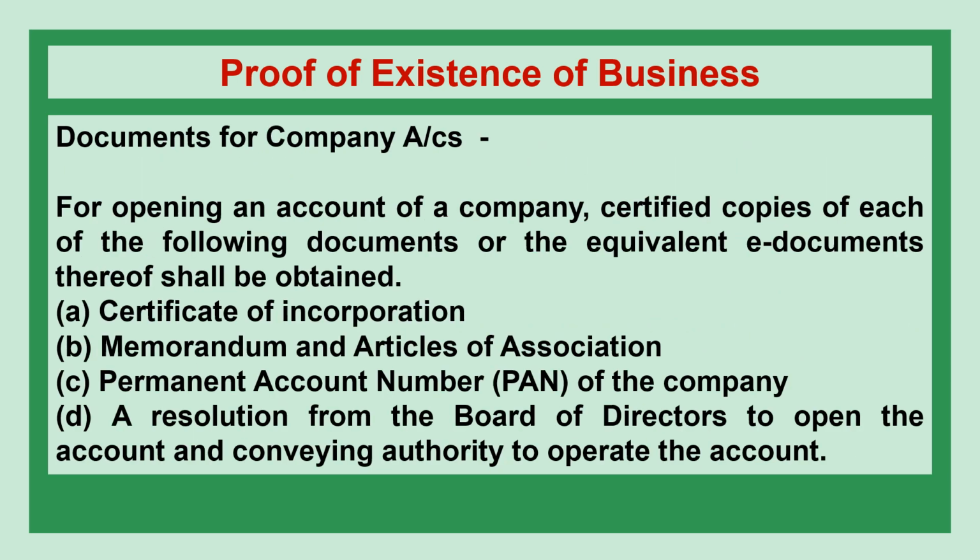Documents for company accounts. For opening an account of a company, certified copies of each of the following documents or the equivalent e-documents thereof shall be obtained. Certificate of incorporation, memorandum and articles of association, permanent account number of the company, a resolution from the board of directors to open the account and conveying authority to operate the account,